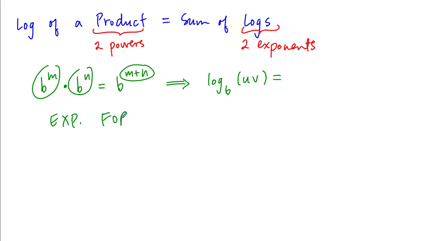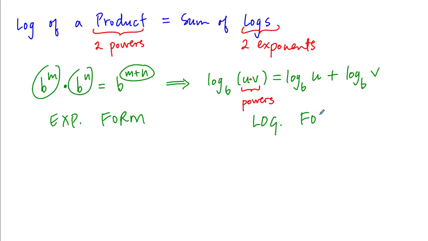This is exponential form, but the logarithmic form says the same information written in a different way. The input here and here, u and v, these are powers. And we see that we are multiplying 2 powers, so we have a product of 2 powers, and we are somehow going to get a sum of 2 exponents. Now the 2 exponents will be the exponent that we put on base b to get the power of u, added to the exponent that we put on base b to get the power of v. So this is just using what we know, the exponential form, to bring in some meaning to what we don't,